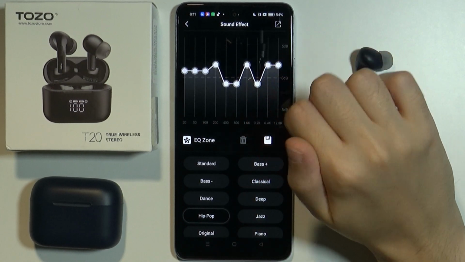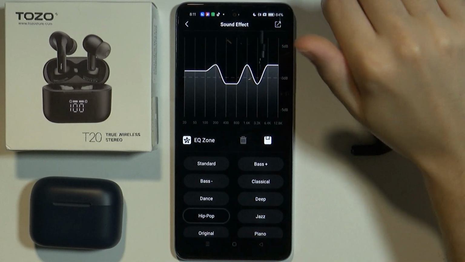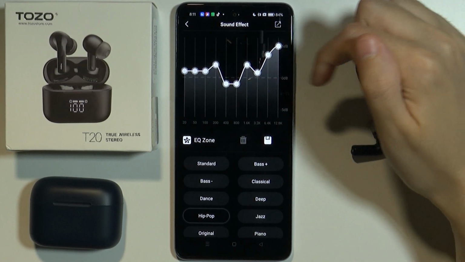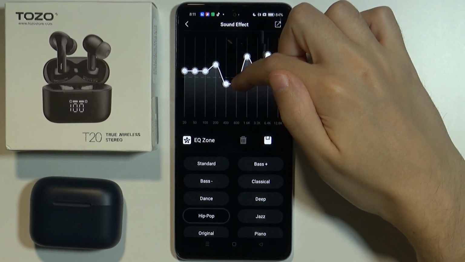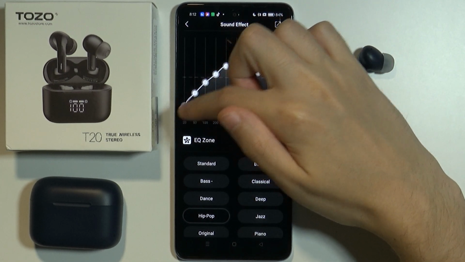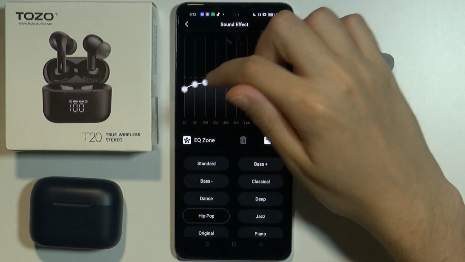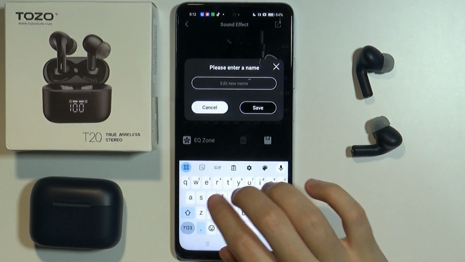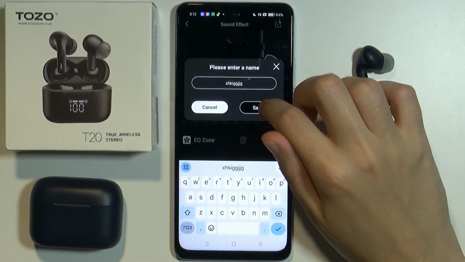So you can choose one of these as a preset, and then you can move the circles around in order to readjust the EQ to satisfy your needs. And once you are done, you can save the EQ by pressing this icon, name your EQ, press save, and